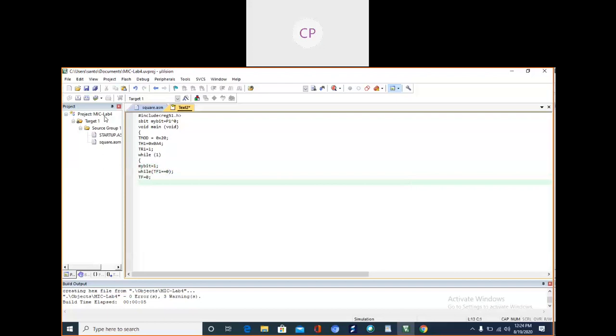Then mybit is equal to 0. So this is the code in C to generate a square wave of 50% duty cycle.